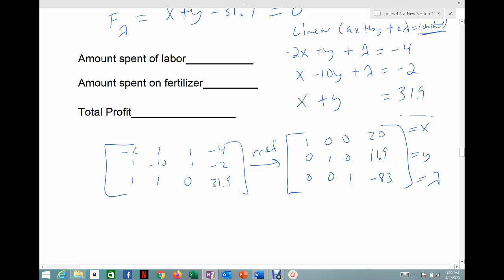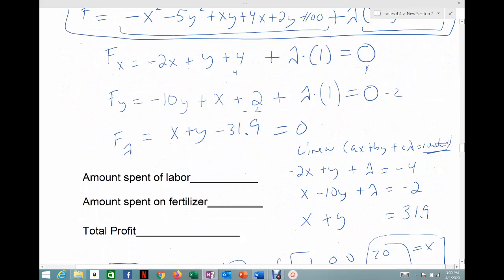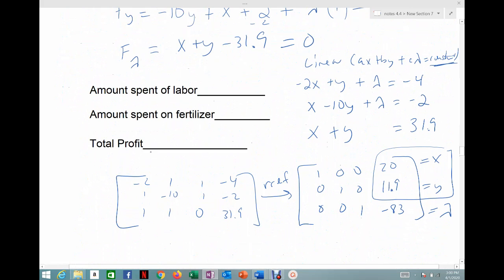Again, we find lambda, we don't do anything with it. Those are the two that I want. And so remember, x is the amount spent on labor, so it's dollars per square foot, right? If I go do my units, dollars per square foot. And so we spend